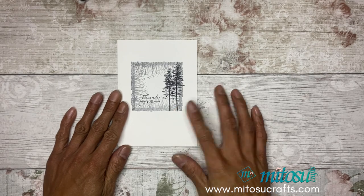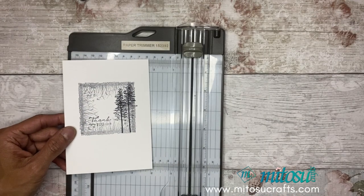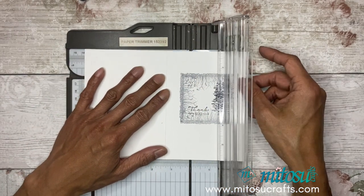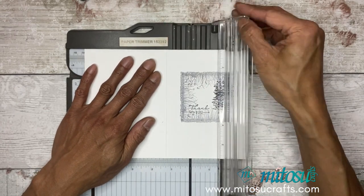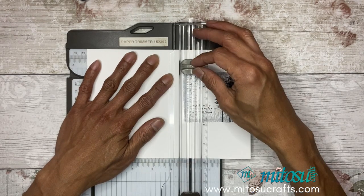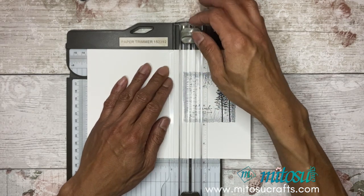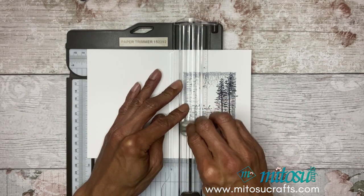Now you can leave it there or add more texture using your paper trimmer. So for this one, we're going to use the scoring tool again. So you can lay it flat and we're going to add score lines on here. And because you can see through the ruler, I'm just going to place that where I want my first score line. So there, and I'm going to mark where, or place the scoring tool where I want it to start, score up, and then lightly guide it down, don't press too hard, and then score down from the bottom of